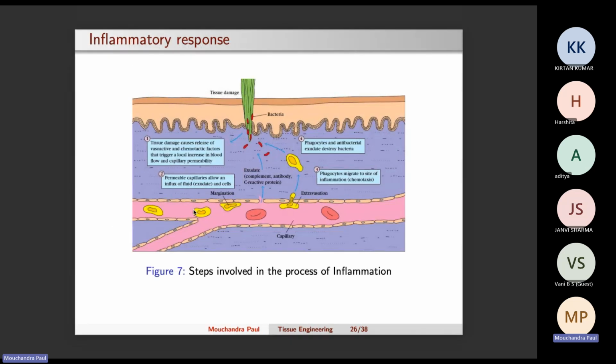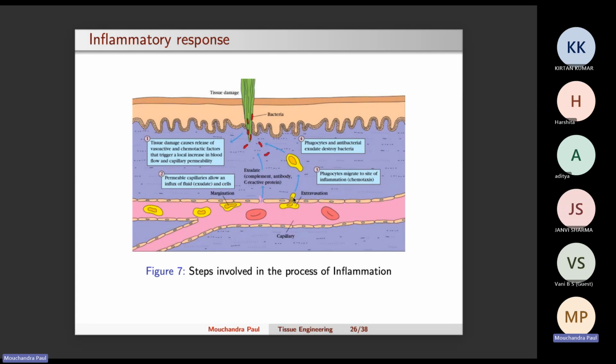This figure will help you understand. This is the blood vessel and this is the site of injury, and some bacteria has entered and crossed that skin barrier. Now what has happened? The yellow colored cells are the phagocytes. They will first adhere to the endothelial wall of the blood vessel through a process called margination. As soon as they do that, due to stretching of the blood vessels, some gaps between the cells get created. Through these gaps, the phagocytic cells can come out, and this process is called